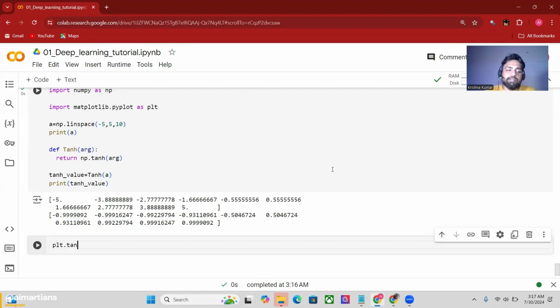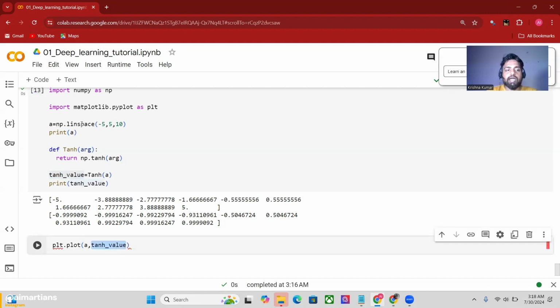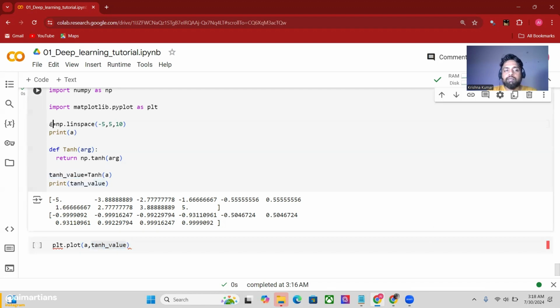plt.plot, and I have to pass my a and tanh val, or value, the variable which I have used here. I'm passing that variable here, and this is my a, which is the array which I am creating